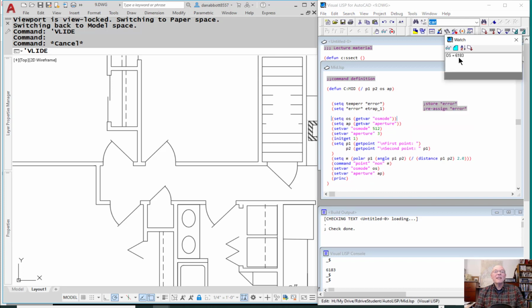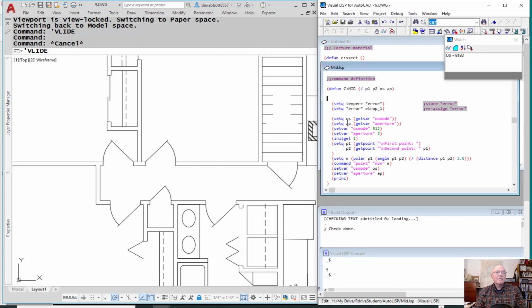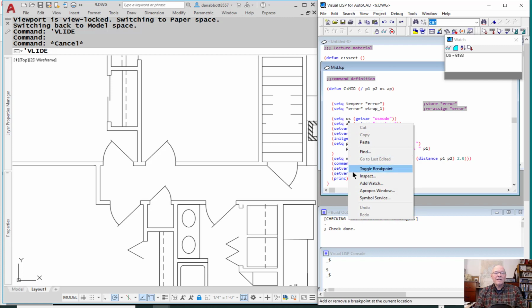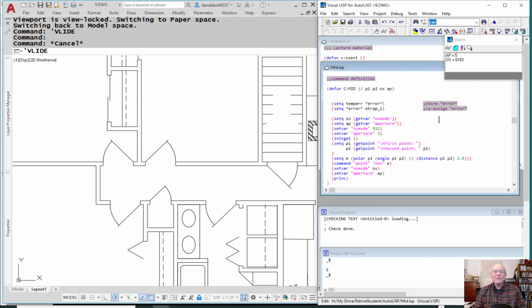So I'm going to add it to a watch window, and it's telling me OS is set to 6186. Now that's just to save that value, so that at the end of the program I can set it back to that. Now the other thing I want to know is what's my current setting for Aperture. So we'll do the same thing. We'll load that. It's currently set to 5. We don't need to put that in the watch window, but I will just to show you again. Right-click on any variable, add it to the watch window, and now it'll show you what the current setting for